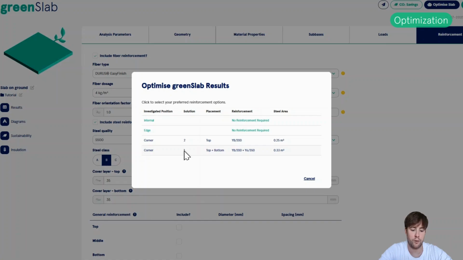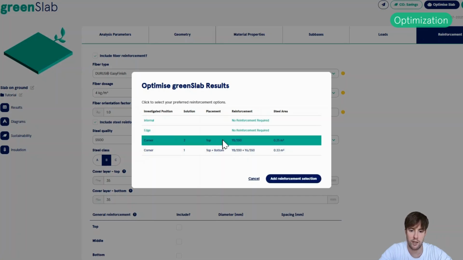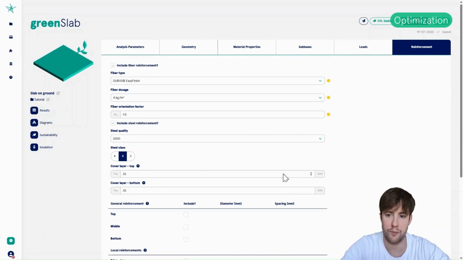In this scenario, it only needed to come up with 2 solutions, one with top and bottom and one with top reinforcement, and the one with reinforcement only in the top naturally has, or not always, but in this case has, a lower steel area, so we will go ahead and choose that, and then you simply say add reinforcement selection.